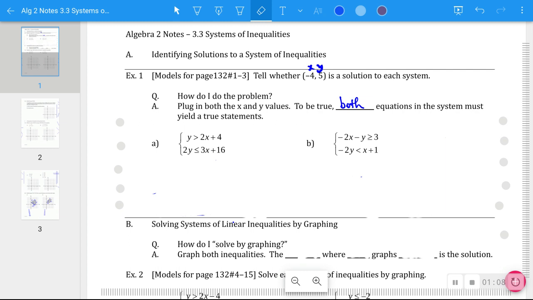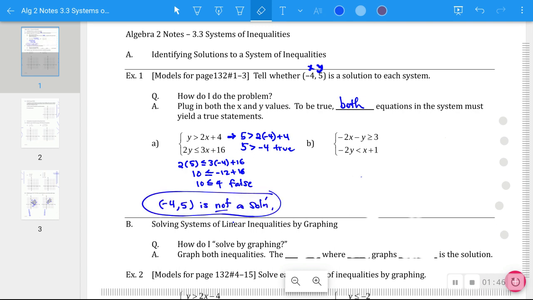So we're going to start in part A, seeing if the x value, negative 4, and the y value, 5, make both equations true. So where it said y, we put our 5, and where it said x, we put a negative 4. When you work that out, you get a true statement. Then we work on the other one. We put the same numbers in, 5 for the y and negative 4 for the x. And when you work that one out, you get a false statement. Now, it needs to be true in both of them to be a solution,